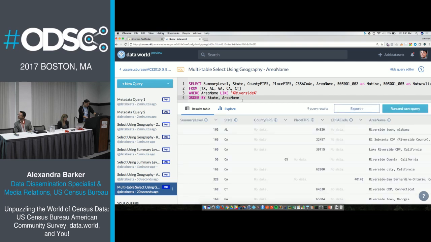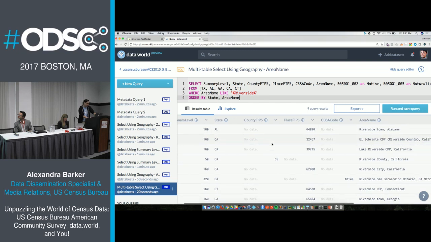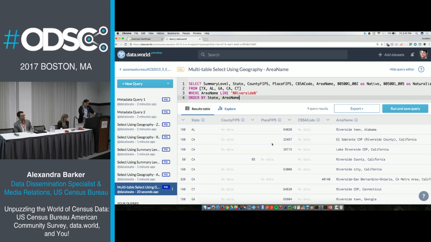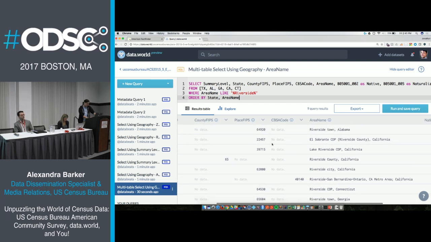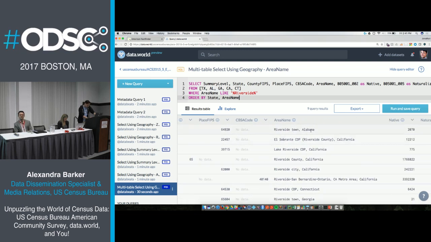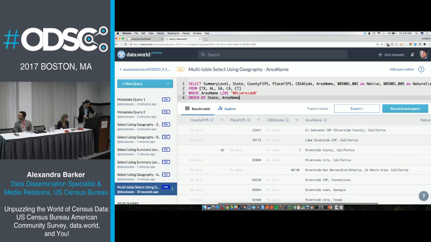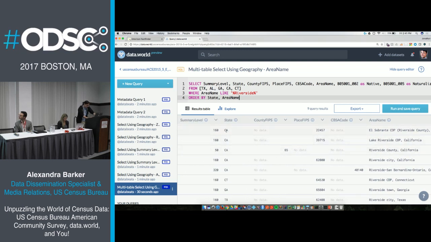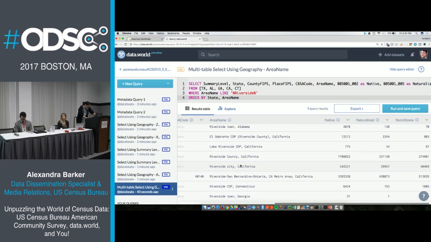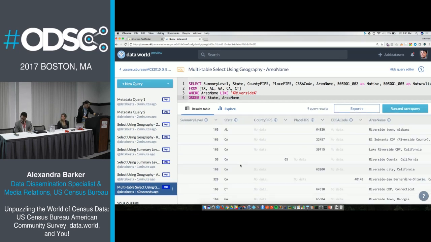The reason I chose Riverside, little known fact, is Riverside is the most popular name for a town in the United States. It's actually not Springfield. I thought it was Springfield, but it's not. So you have Riverside Town in Alabama. We've got a lot of them in California. We've got one in Connecticut, one in Georgia, and one in Texas. Okay, so you get it, right?